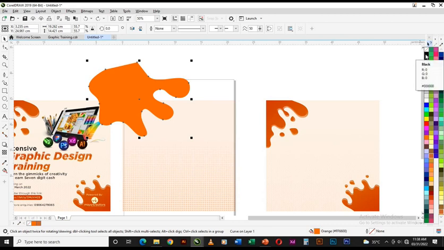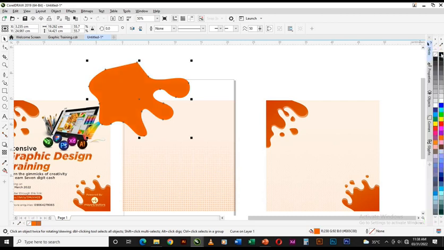How do I add black? Mix black with orange. This is simple. I haven't selected orange and this shape is already orange. I'll come to black and hold on Control and start clicking on black. See what happened? You can see it's changing. Now that's it. That's simply what I did